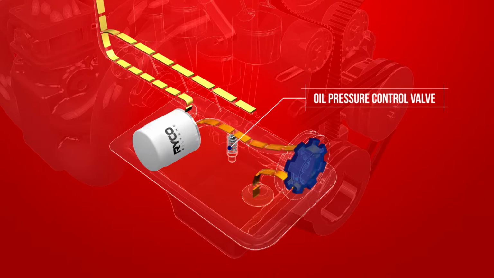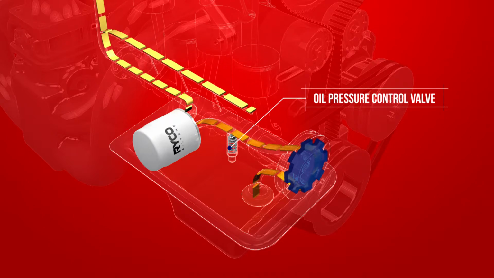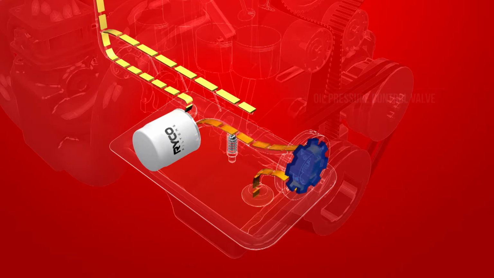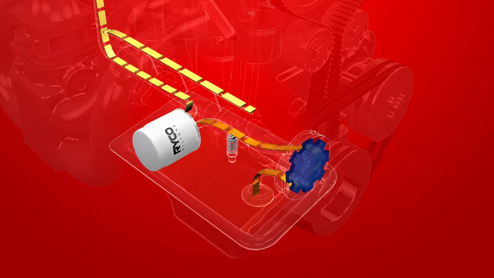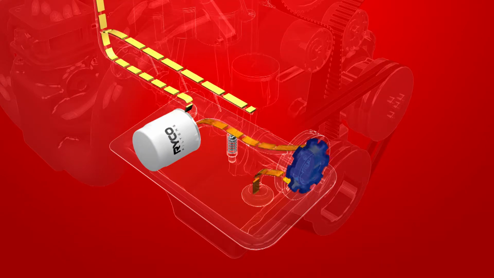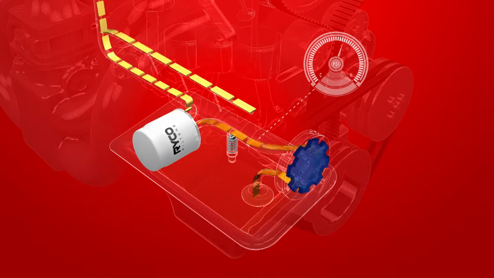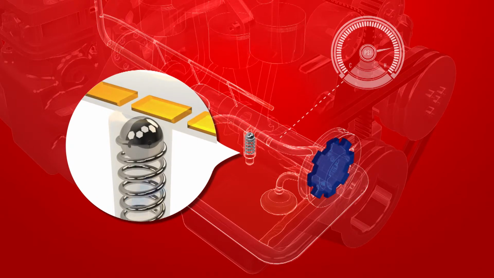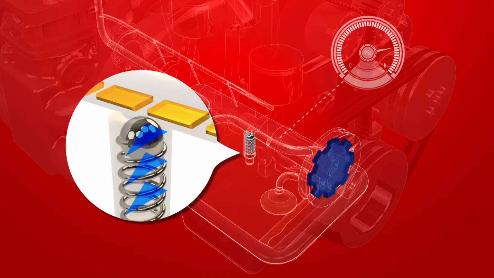In the closed position, the valve prevents any oil from returning to the sump, and therefore all flow is directed through the filter. As the crankshaft speed increases, the oil volume supplied by the pump also increases. The oil galleries and bearings create a restriction in the lubrication circuit, resulting in a pressure rise. The control valve spring is what determines the opening point of the valve, so therefore it is responsible for maximum